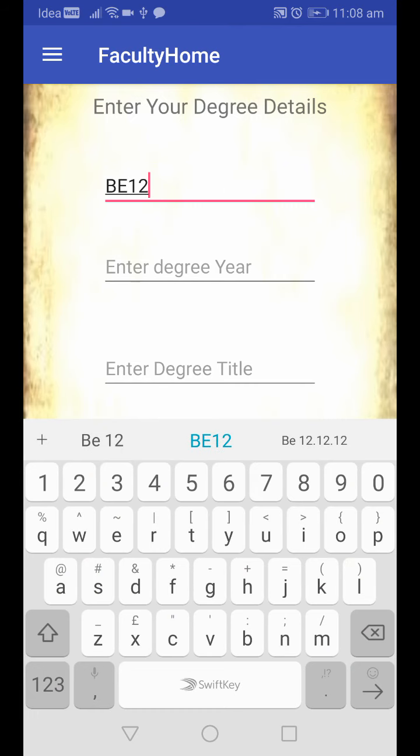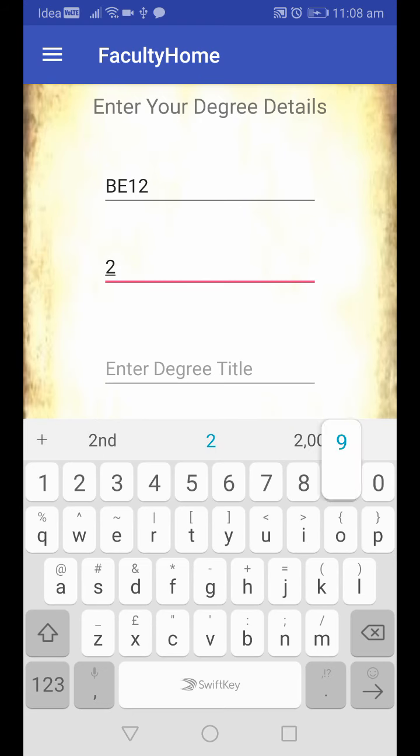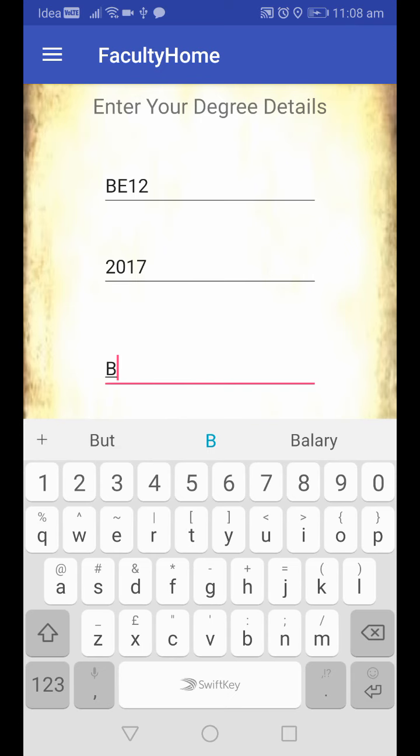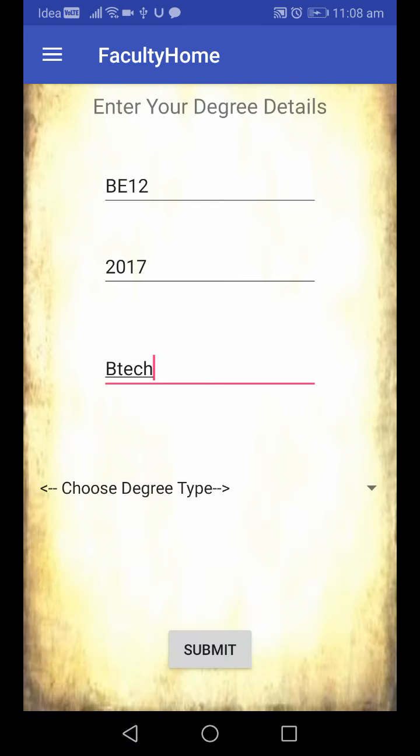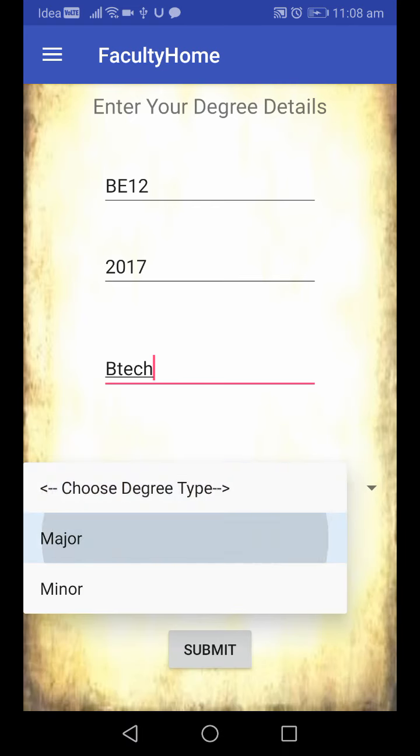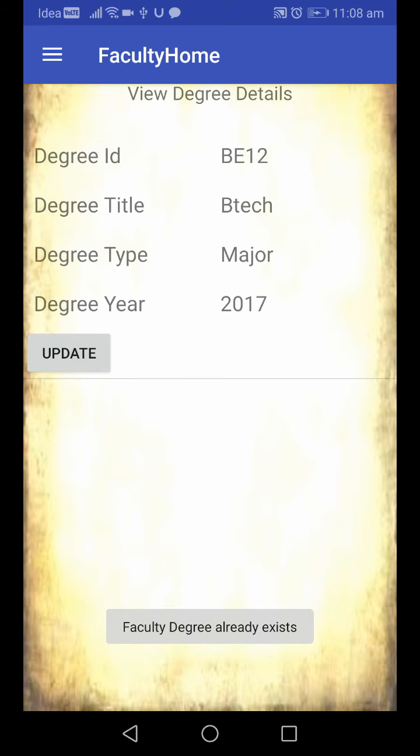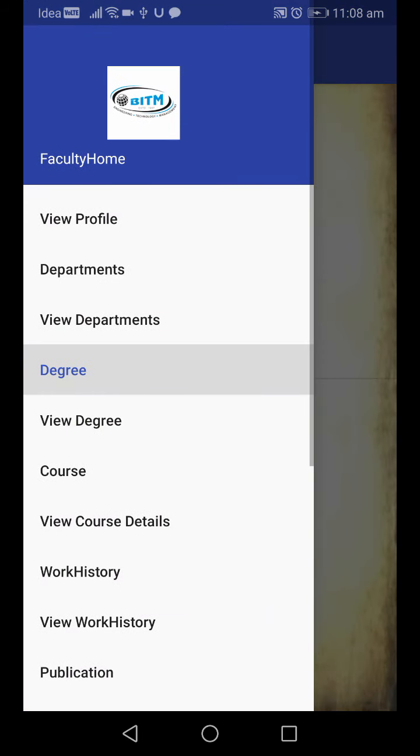Next, my degree details: my degree B1, my degree completion year 2017, my degree title, my degree major, submit. If I want to update, I click update and all the details will be updated.